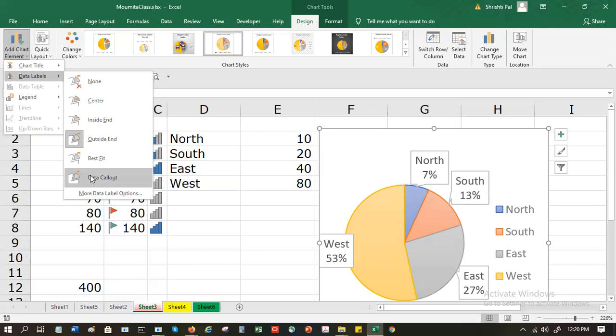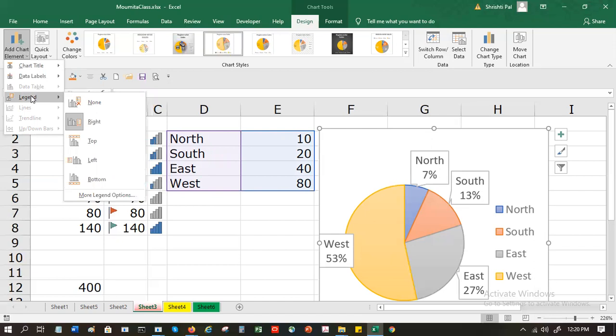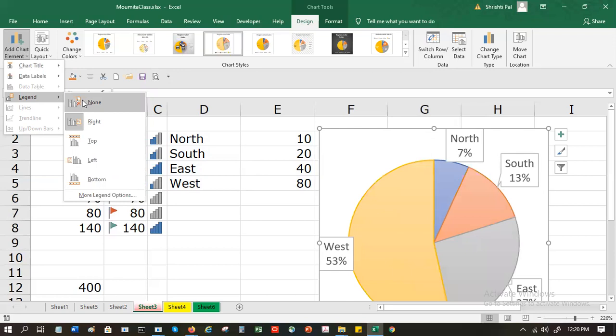Now, as you can see, I have this north, south, east, west already labeled here. Do I need these color boxes again? This part is called the legend. If I don't want the legend, this is a section for the legend. I will go and say none. Now maybe you still want it.